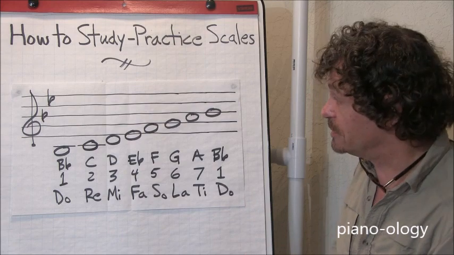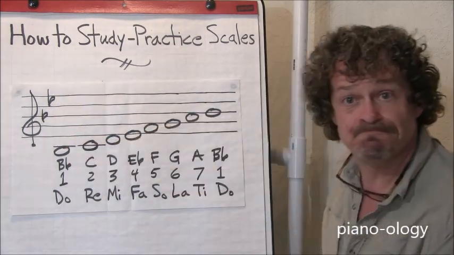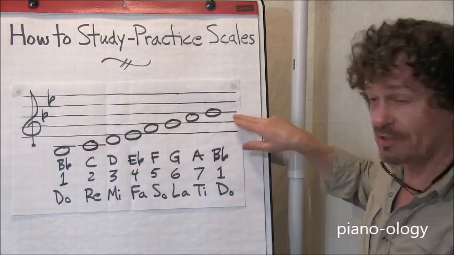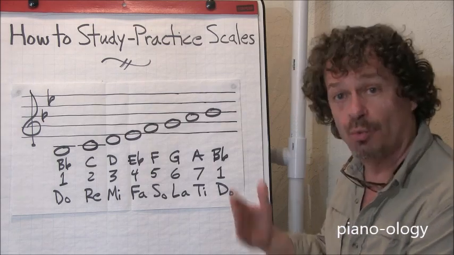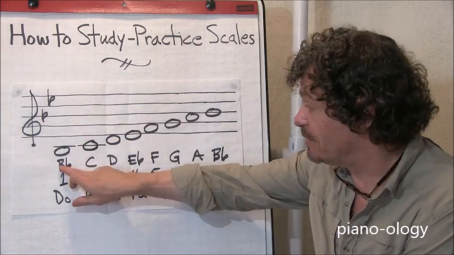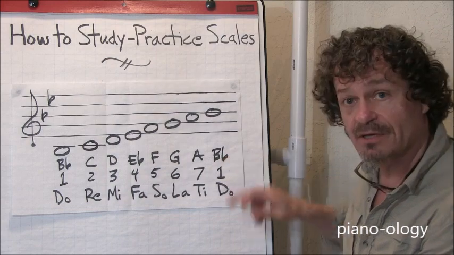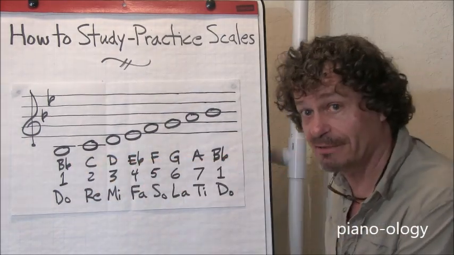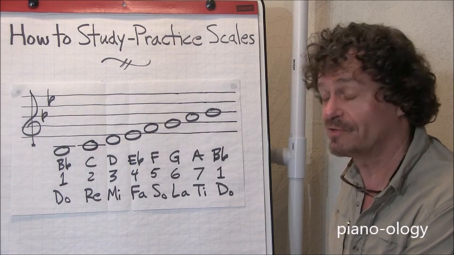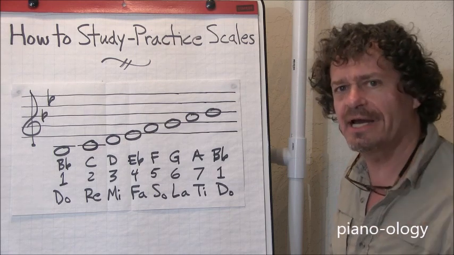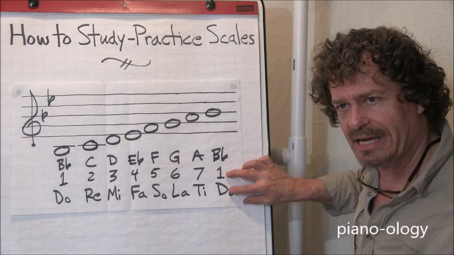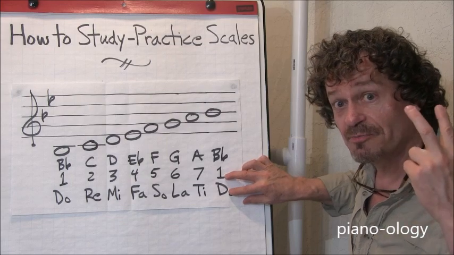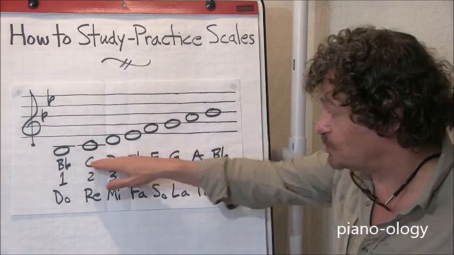One of those things is the key signature, because this is just going to help us read the notes on the staff. The other one we already talked about is the letter names of the notes, by the way, which are totally arbitrary names, right? We've talked about this in other videos. But now we're going to add a couple other things. We're going to add some functional descriptions to the notes in the scale,